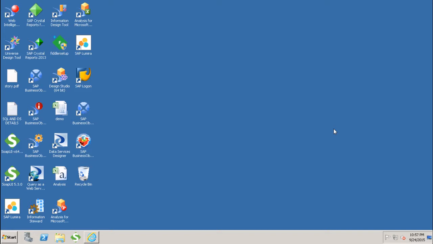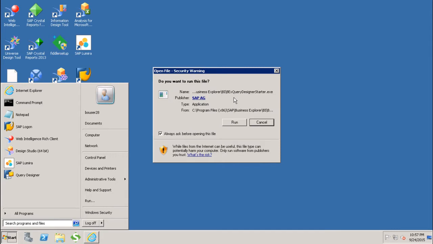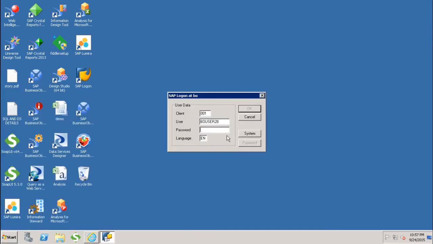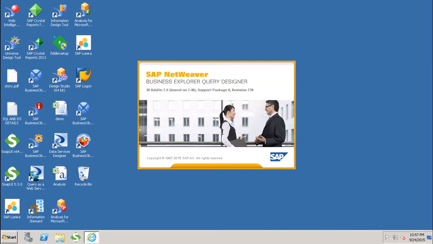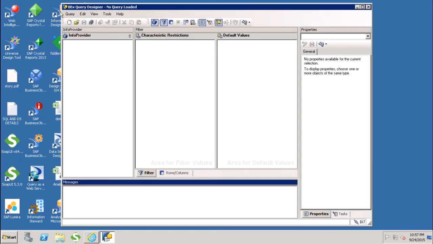First of all, let's see what options we have to select in the BEX query to have it available in the Webi report. So let's log in to the BEX query designer. This is my BEX query designer. Here I have to log in to my BW system. Once we enter the system, we have to open the BEX query which we want to be available in the Webi report. So we will go to open,